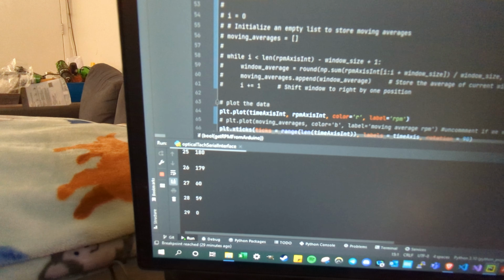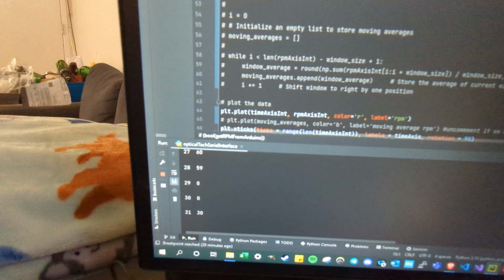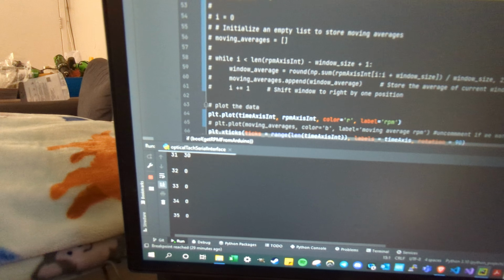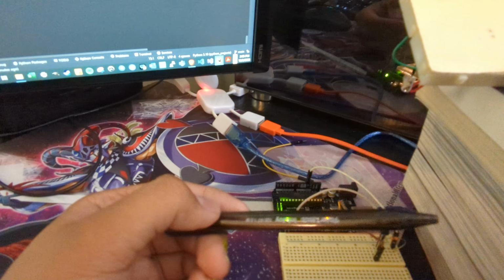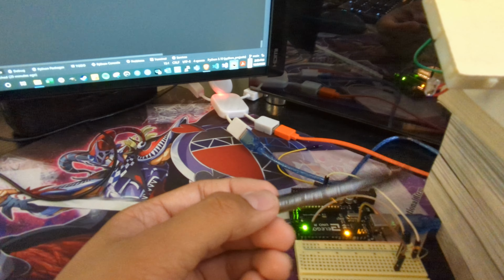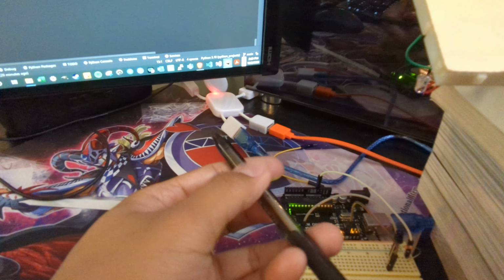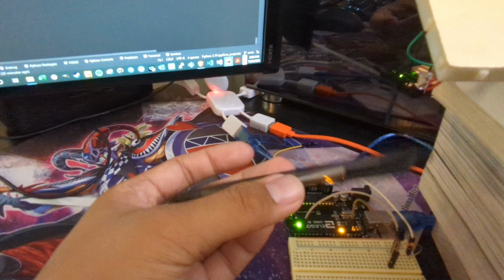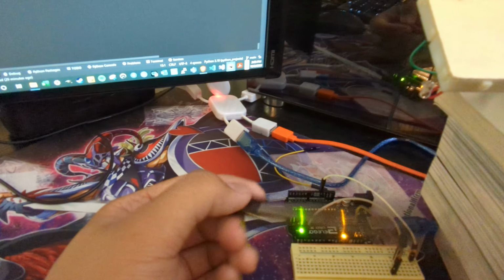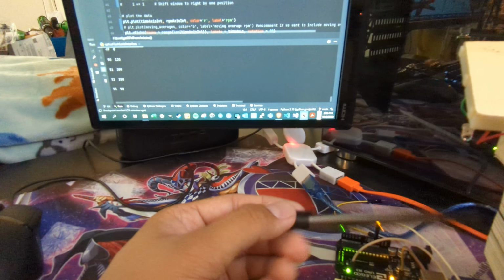So I'm going to break the line of sight once. There you go. It's showing 30 revolutions per minute because this code is configured for 2 propellers. So it's assuming that there's 2 different propeller blades that are running through and breaking the line of sight. But in reality, I'm just using a pen since I couldn't get a propeller running in time. But if I just keep doing this, you can see